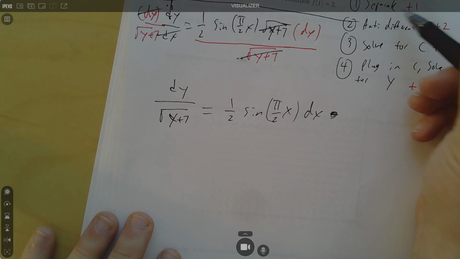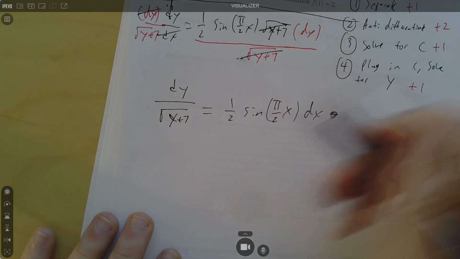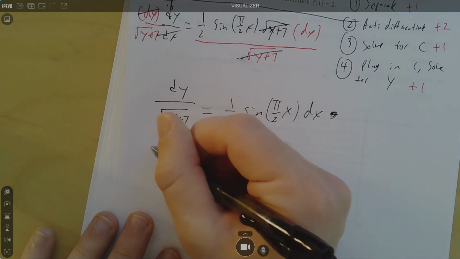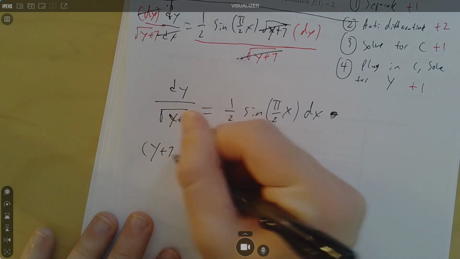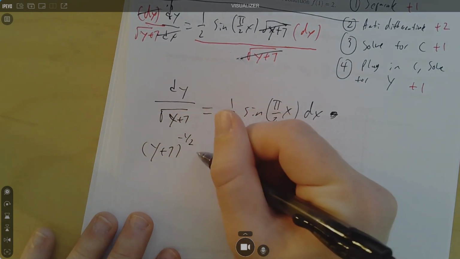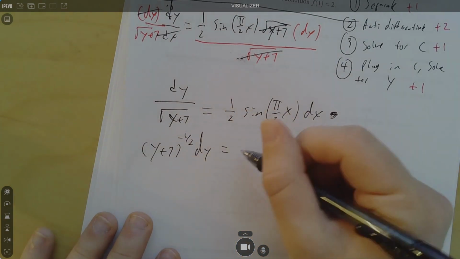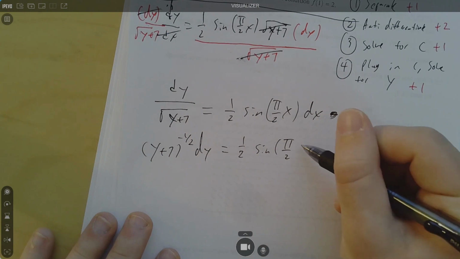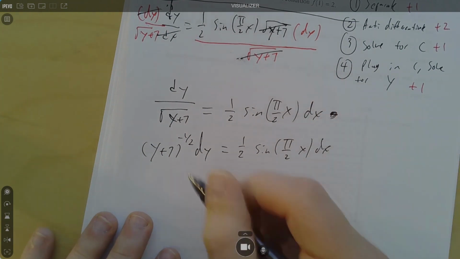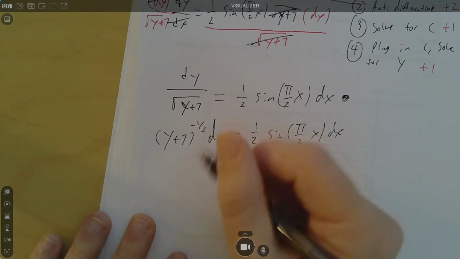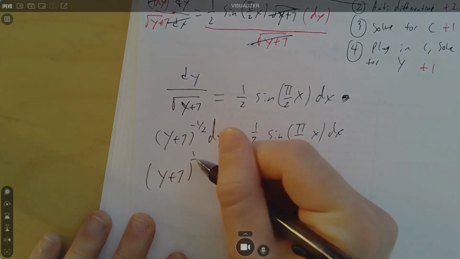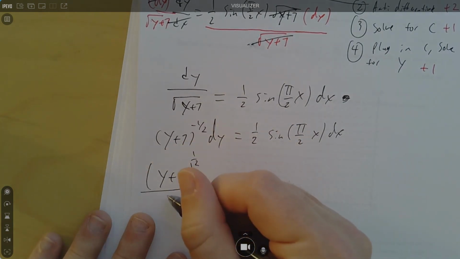Okay, so now we're going to take the antiderivative. We've done separation. We got our 1 point. To take the antiderivative here, I want to convert it. So I'm going to rewrite this as (y plus 7) to the negative 1/2 dy equals, this one's fine, 1/2 sine(pi/2 x) dx. This one, I'm going to add 1 and divide. So it's going to be (y plus 7) to the 1/2 over 1/2